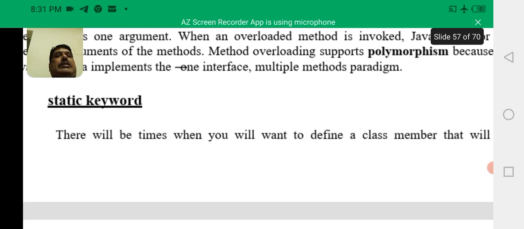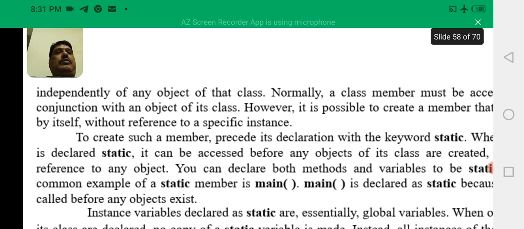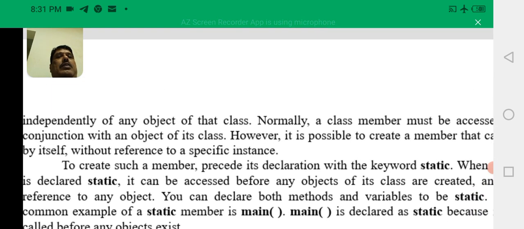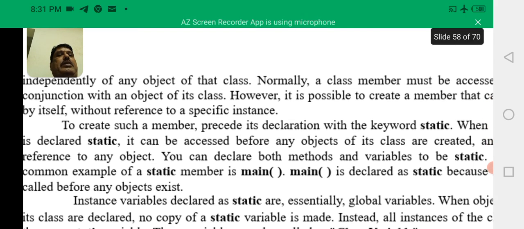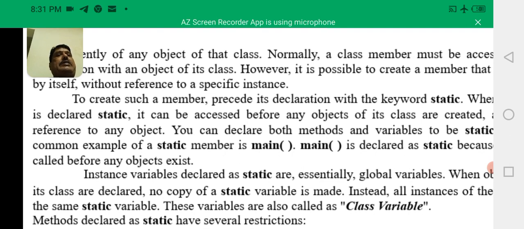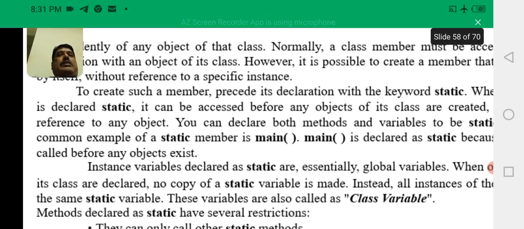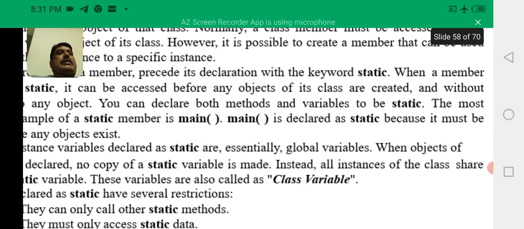Static keyword. To create such a member, precede its declaration with the keyword static. When a member is declared static, it can be accessed before any objects of its class are created and without reference to any object. You can declare both methods and variables to be static.